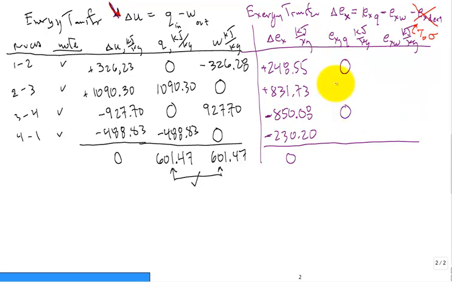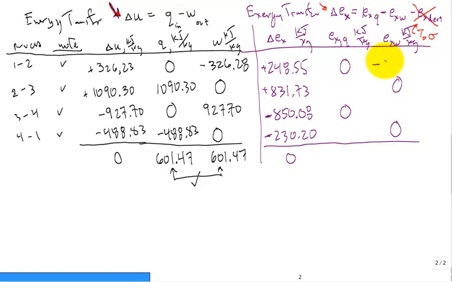Why? Because it's adiabatic. There was no heat transfer. Likewise, constant pressure heat addition, constant pressure heat rejection. So good, we got 4 of the 8 values calculated. And then how do we calculate the Exergy transfer with the work for the process 1 to 2? Well, you go back to the Exergy balance equation. You say, well, there's only one term that's non-zero on the right-hand side. Hence, we calculate this to be